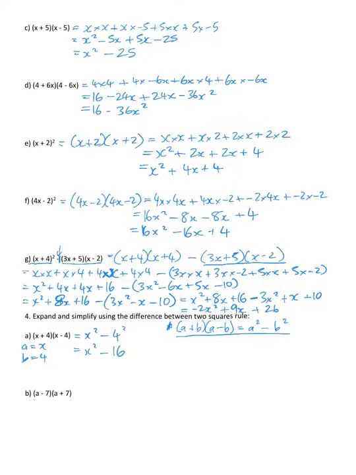So here we have a place where we can use the difference between two squares rule again. Why? Because it's something take something and then the same somethings, but you're adding them together. So it's a take 7, then a plus 7 in the brackets. So a in this case is a, and then b is 7. The shortcut tells you, expand it out, it is a squared take away b squared, which is 7 squared. a squared, leave it because we don't know what a is, and then 7 squared is